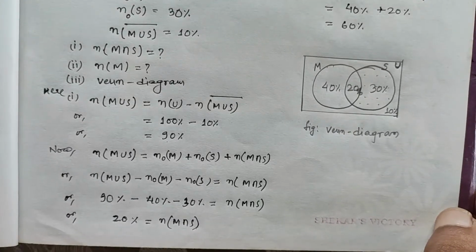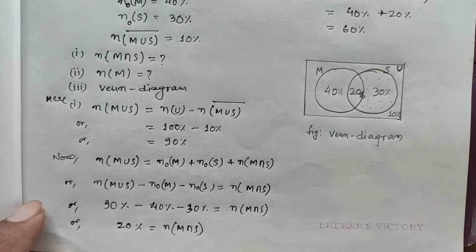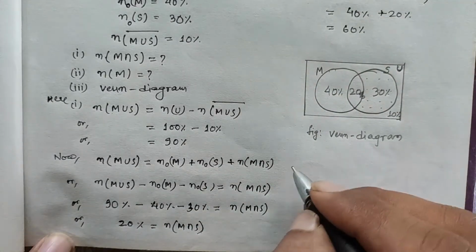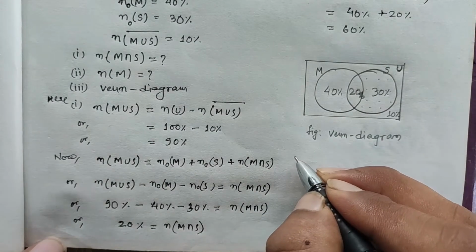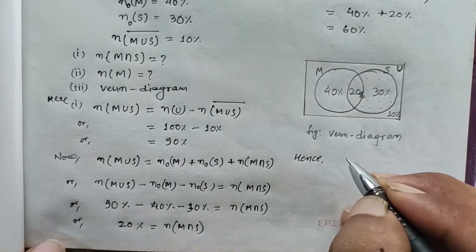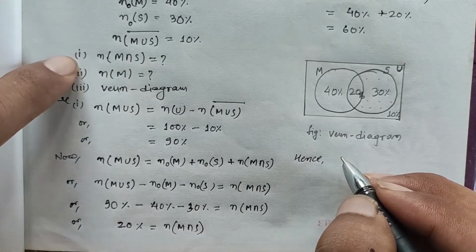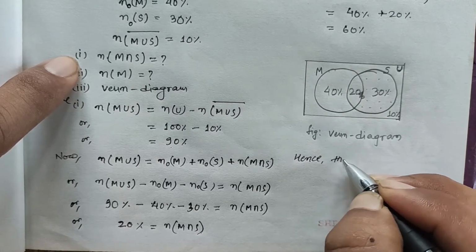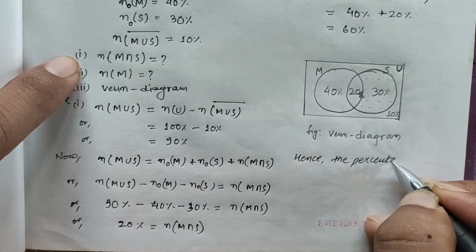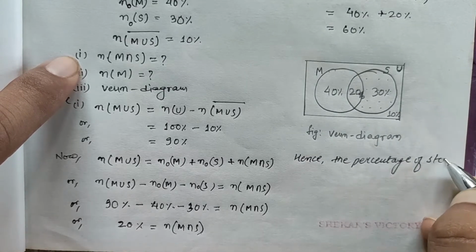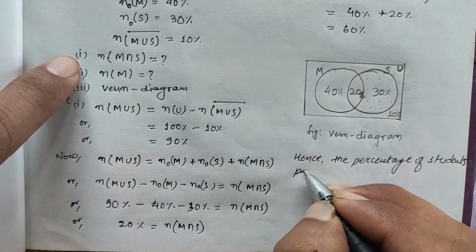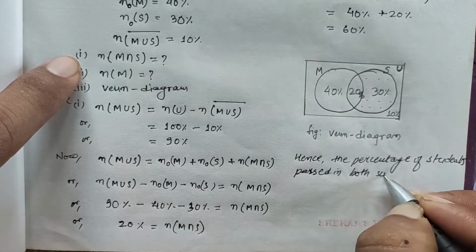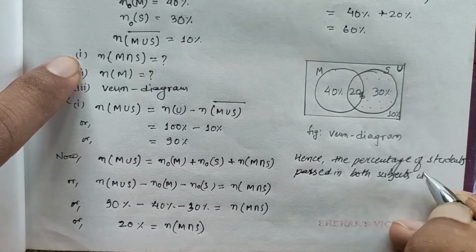So in this way, your answer is completed. But you have forgotten, we have to write the conclusion part also. Don't forget to write the conclusion part. So what's your conclusion? Hence, I don't have space here, I will write here. Hence what you have found, intersection means students passed in both subjects. Hence the percentage of students passed in both subjects is